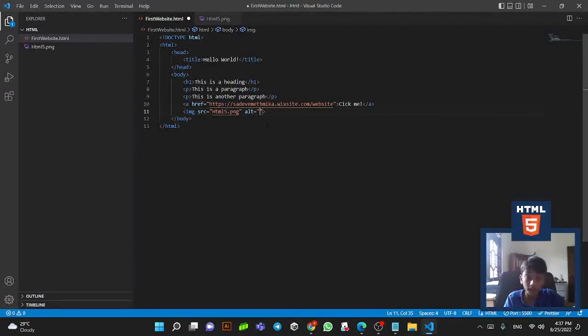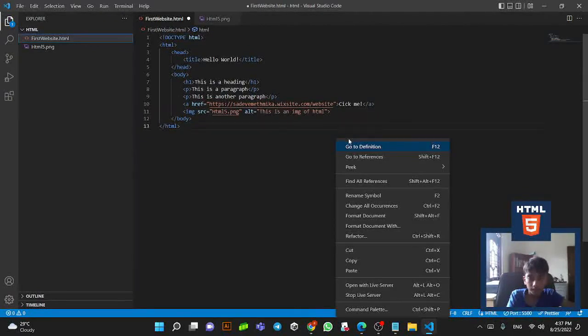So if you put any content in the alt section, instead of loading the image, they will just show you whatever content is written inside the alt section. Let's just type, this is an image of HTML. Now if we are to save,